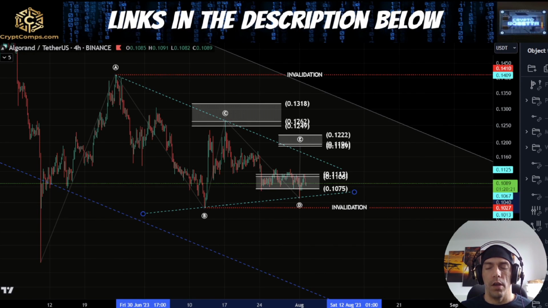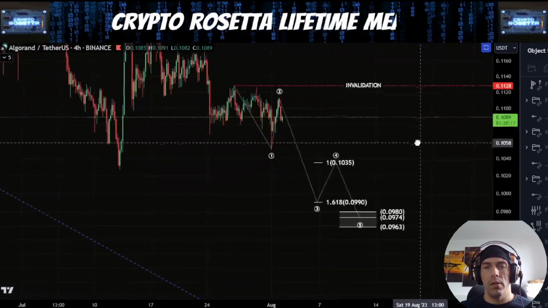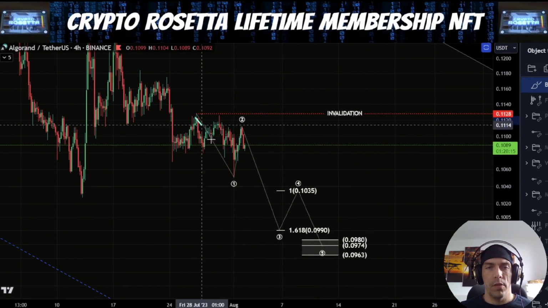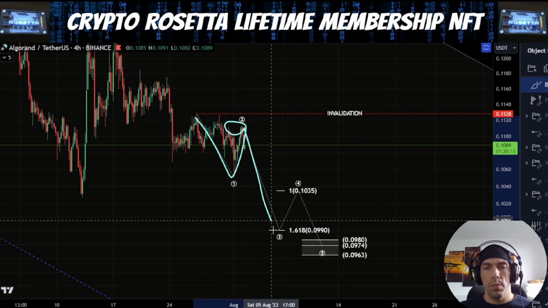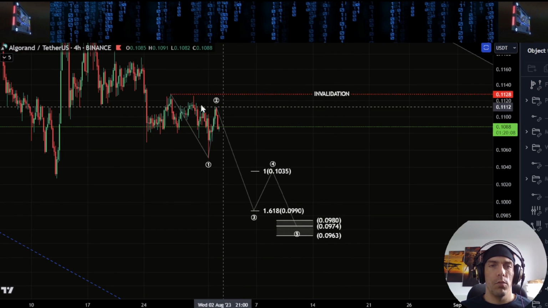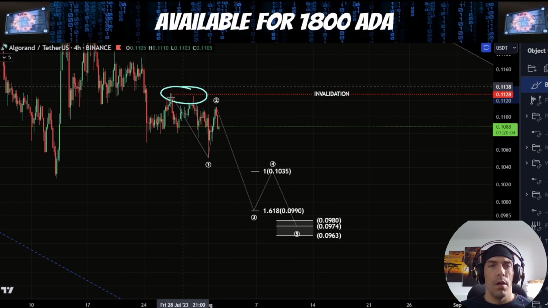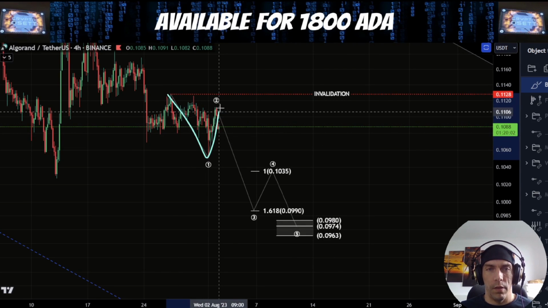Now, only by breaking below this B wave or above this A wave would we look to invalidate this idea. Now, if we are looking at that possibility of a breakdown from this point, as a triangle, what I would be saying is that we could potentially see this as 1, 2, and then we'd be looking for 3, 4, 5 to the downside. Now, within this structure here, what we'd be saying is our invalidation point would be this 1128. As long as we stay below this, we need to be careful of this idea that this starts to break